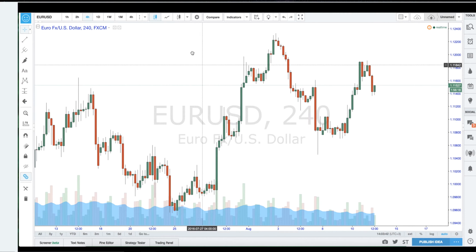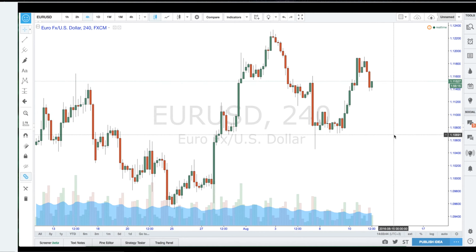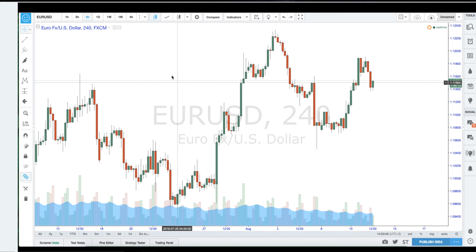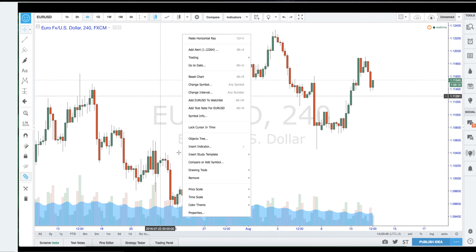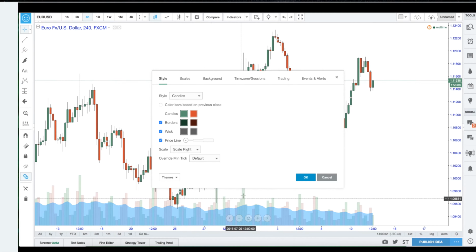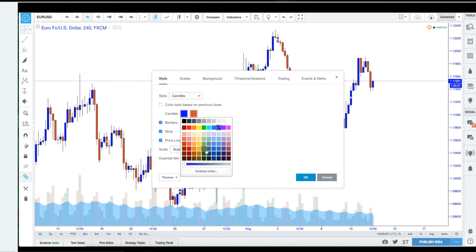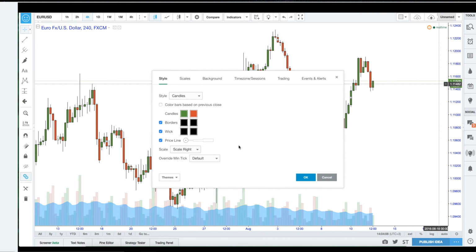If you guys want bars and you're comfortable with using bars, again, just put a star there. Next, we have a customizable color scheme interface. So we can right click the chart and we go to properties. Properties here. So I always like my wicks to be dead on black. The borders of my candles are black as well. That color scheme is fine. Some people like their candles to be blue. It's completely up to you, however you want to do it. Have a bit of a play around. Price line here. My preference is always to have it bare minimum. Scale right, that's that style candles.